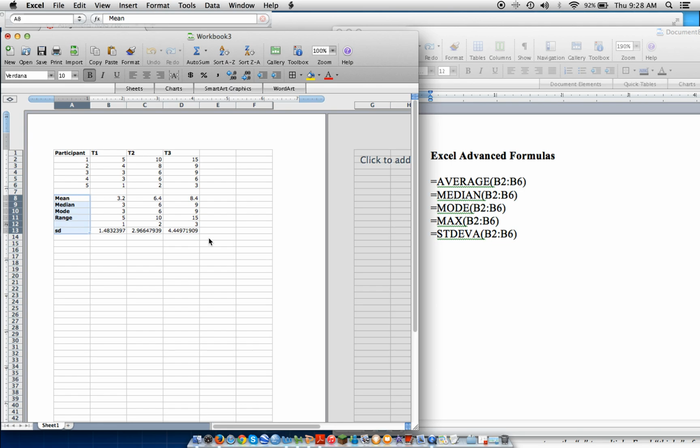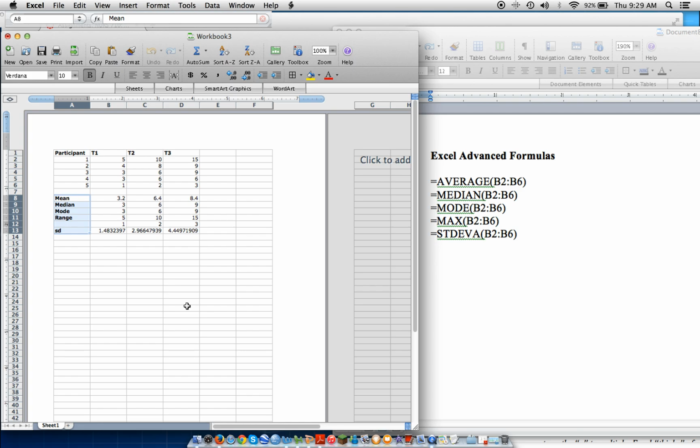What I have here on the left is a table of some data, and I have the formulas that I'm going to use over here on the right. I just wrote those out just now. And I will put both of these documents with this video so that you can go in and play around with this. But let's just imagine for a minute that we have a diet program, and we have